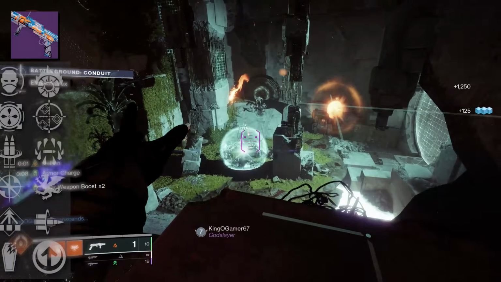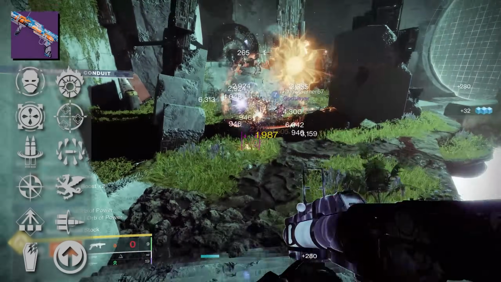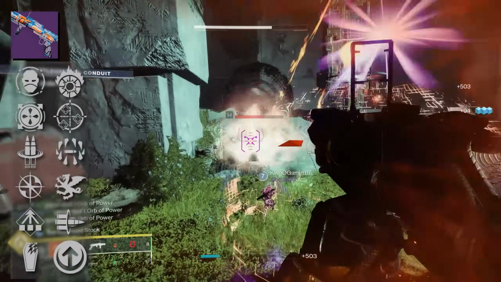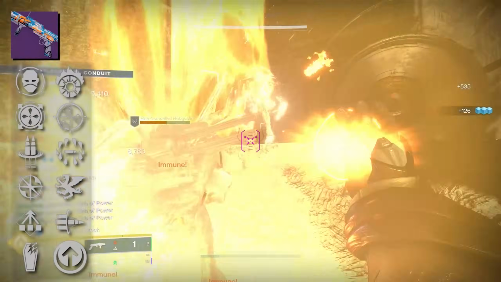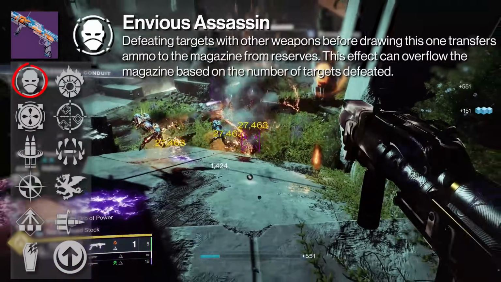Now starting off with our perks in our third column, we have Envious Assassin, Danger Zone, Enlightened Action, Stats for All, Reconstruction, and Grave Robber. Then in our fourth column, we have Incandescent, One for All, Surrounded, Collective Action, Vorpal Weapon, and Bait and Switch. Now taking a look at our third column, we first have Envious Assassin, which reads that defeating targets with other